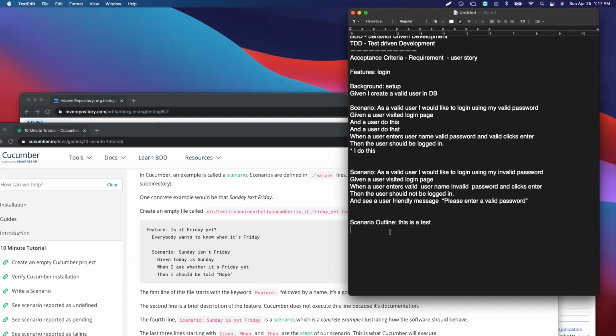And scenario outline, what it does is, given I am on home, let's say Amazon, for example, and I search for, in this case, you're going to be leaving this blank, right? We're going to fill this up later. And then I should see,